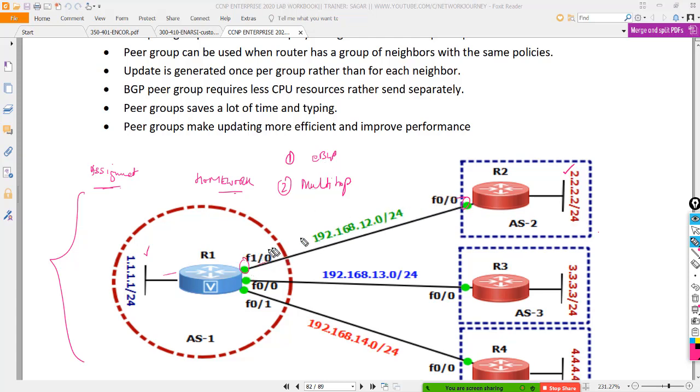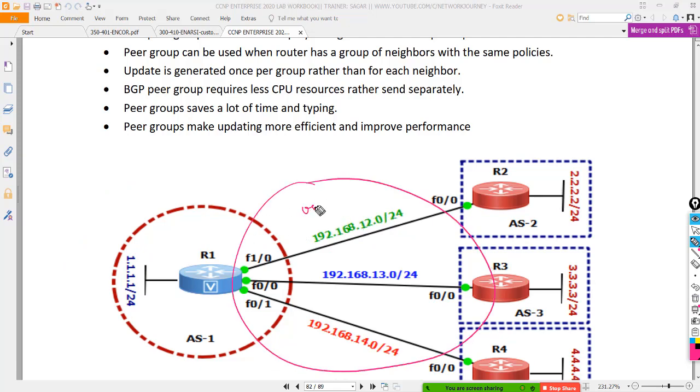So how can you achieve this when you don't have an underlying protocol? You can have a static route. I'm giving you a solution for when there is no IGP: how are these loopbacks going to form eBGP? You can point a return static route, so you have static reachability between this network and this network, and you can form eBGP. But in this scenario, you have plenty of options.